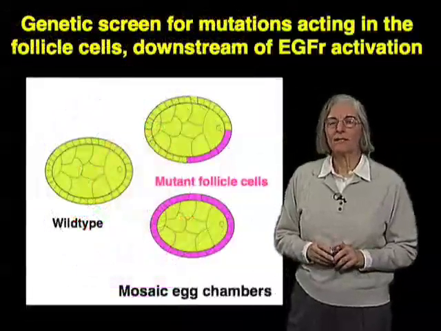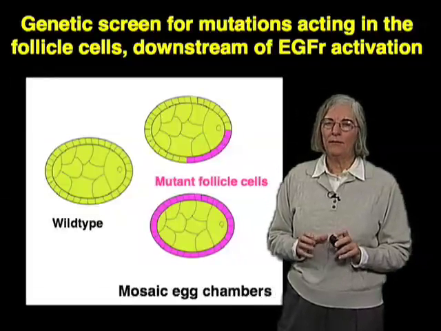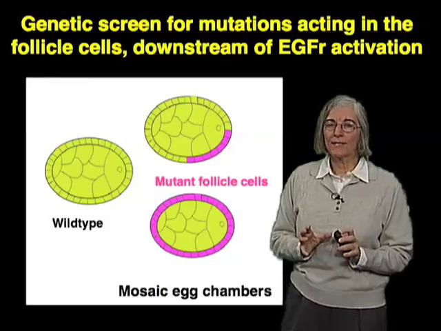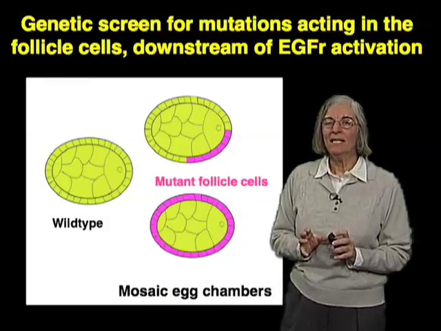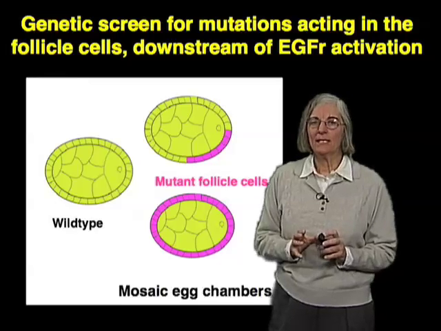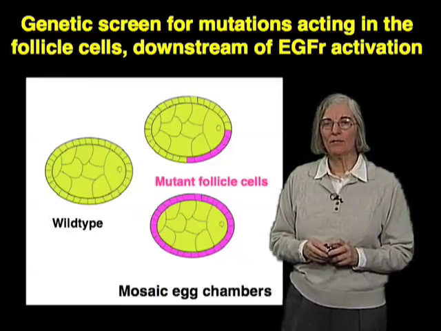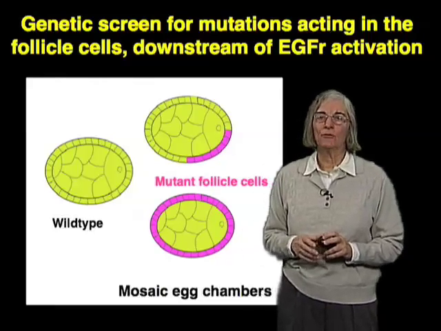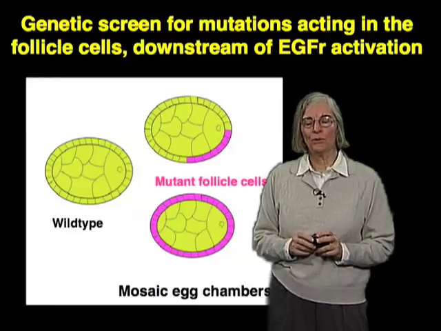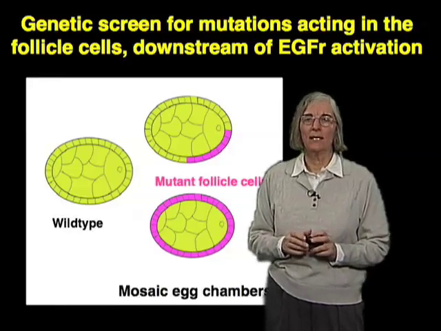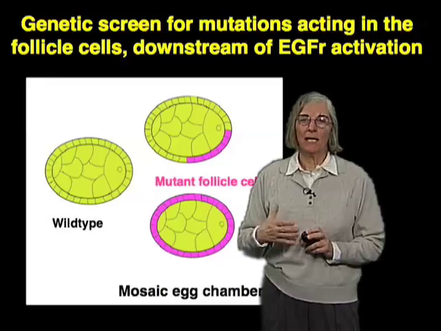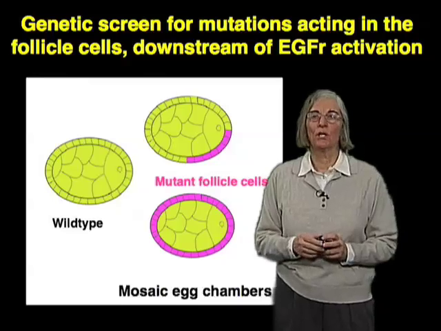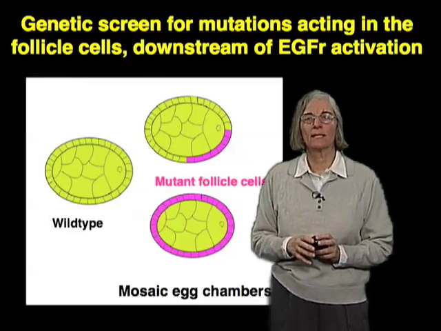In these mutagenesis screens, we used a technique that allows us to make mosaic egg chambers. We suspect that many of the genes that might intervene here downstream of EGF receptor signaling might be lethal for the homozygous carrier, and for that reason we can't just simply do mutagenesis and look at homozygous mutant flies, but we have to work with heterozygous flies that can survive and then induce homozygous mutant follicle cells